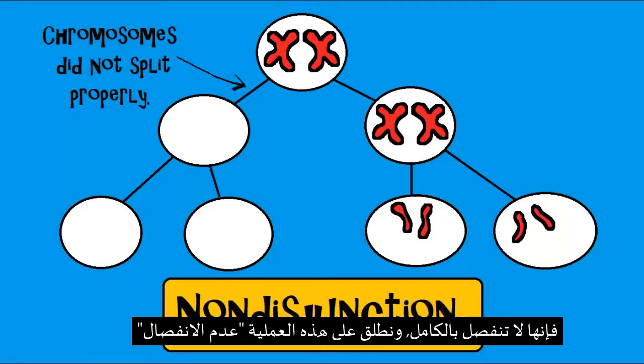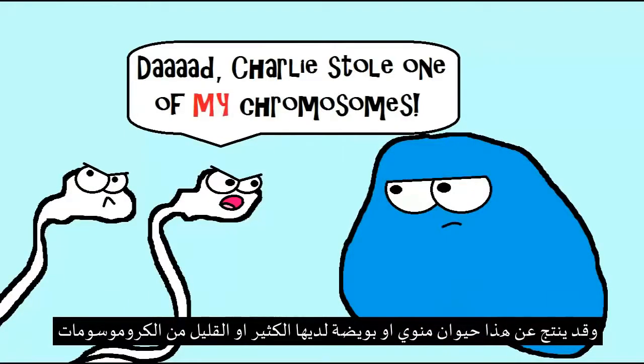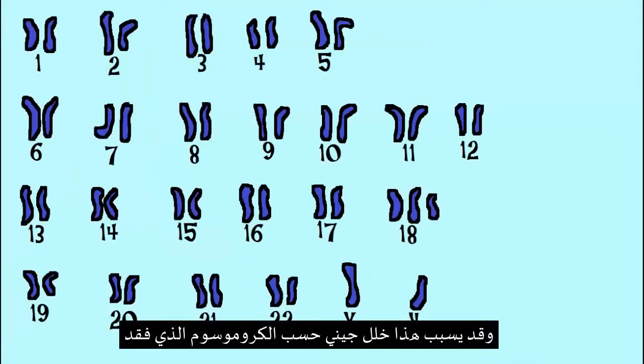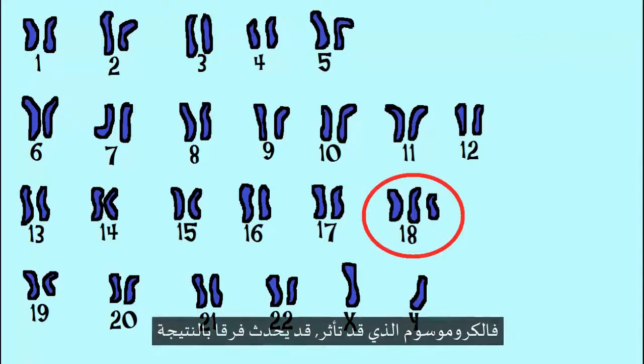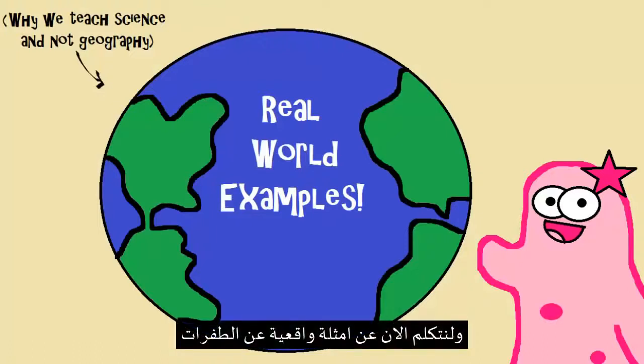We call this non-disjunction. This results in an egg or sperm that has too many or too few chromosomes, and that can cause a genetic disorder depending on which chromosome we're talking about. Different chromosomes contain different genes, so the specific chromosome that's affected, that really does make a difference in the result. And let's talk about some real-life examples now of